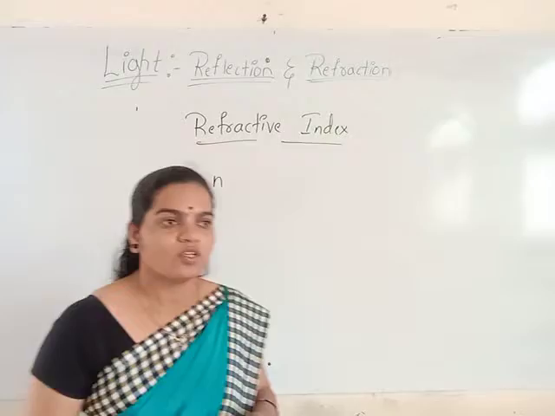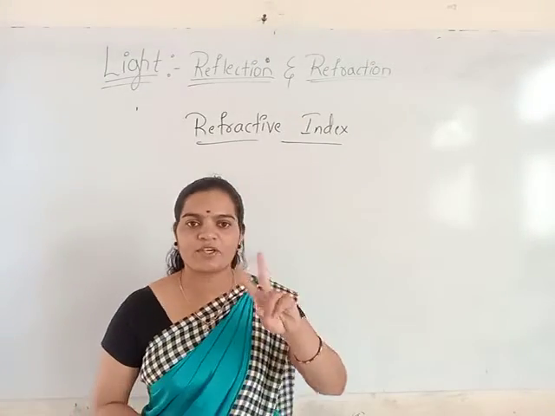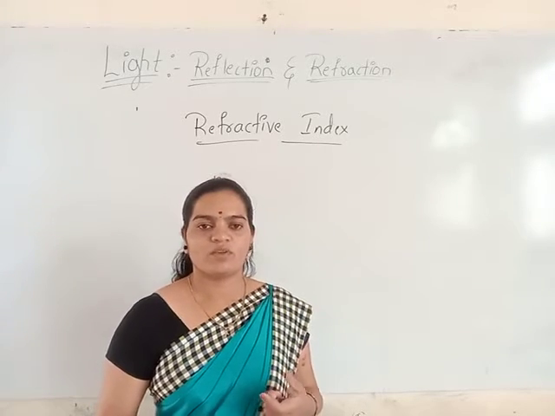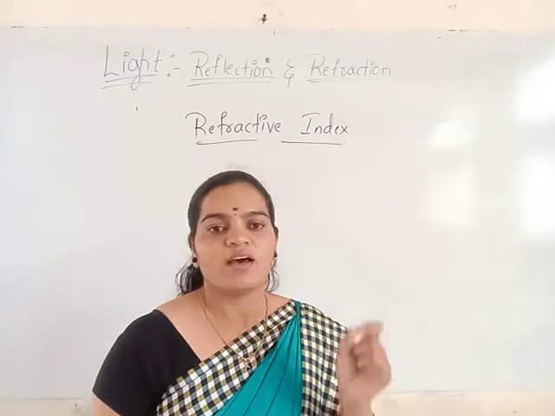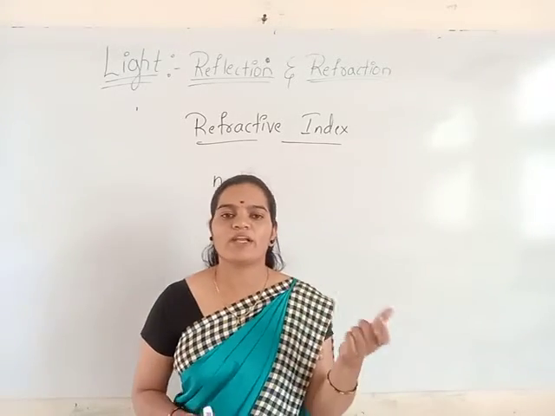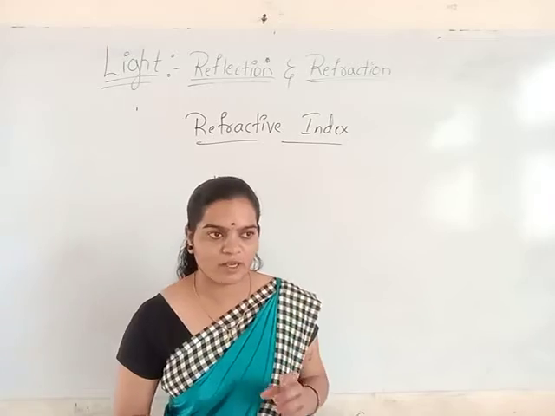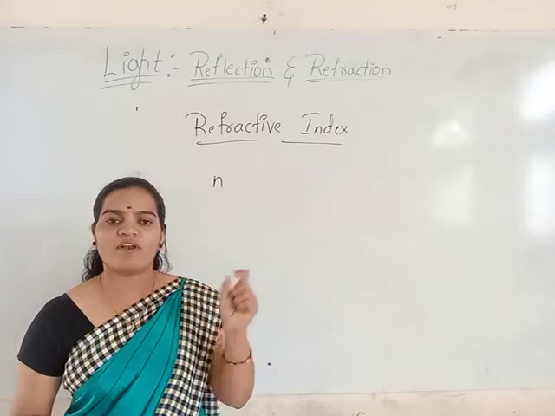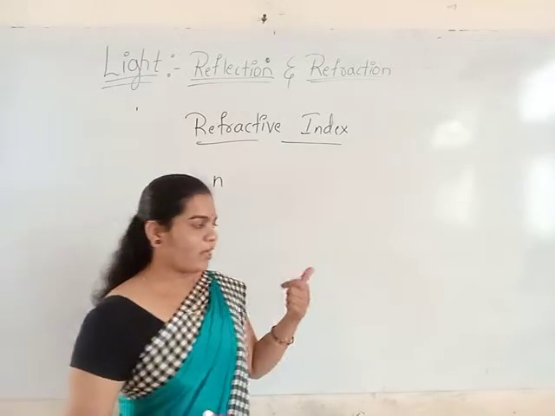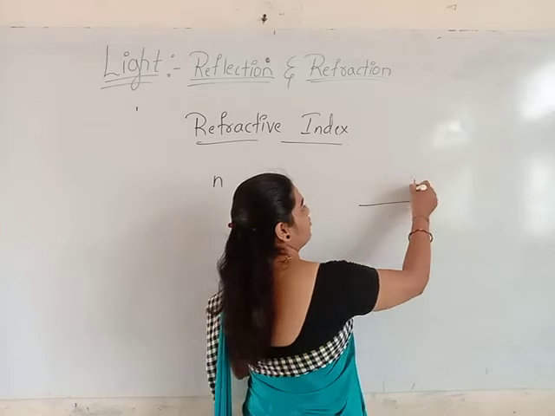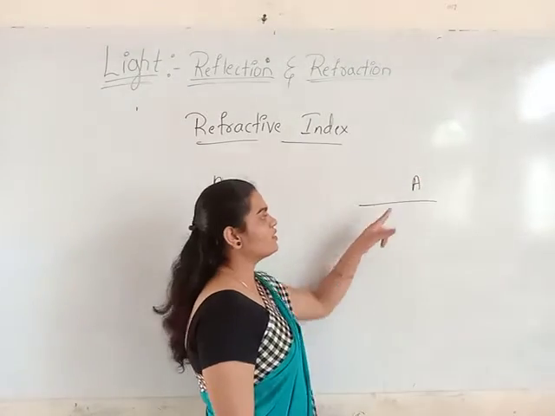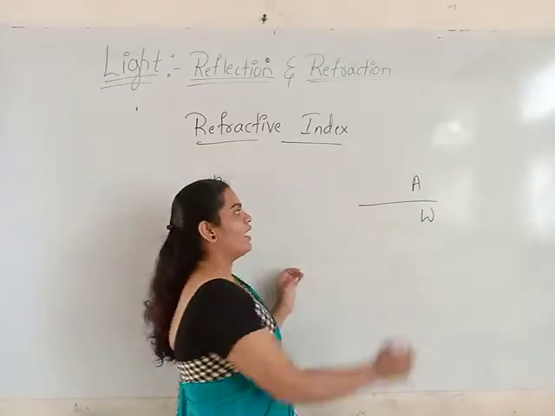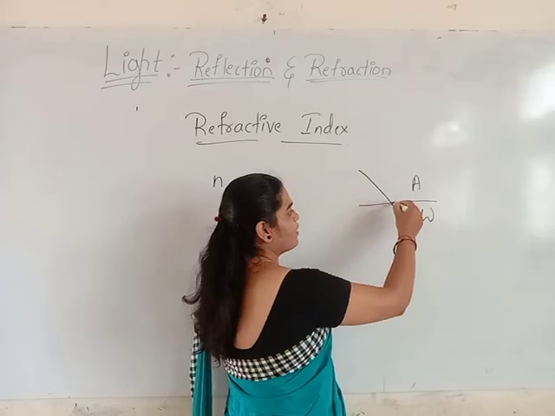Okay. So here, as I said, refraction is related to two mediums. To take out the refractive index of light in two mediums, we have to take the speed of light in one medium to the speed of light in the other medium. For example, if the ray of light is traveling from one medium to another, say this is medium 1, that is air medium, and this is medium 2, that is water medium. The light is entering from the air medium to the water medium.